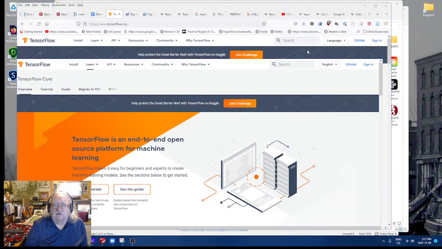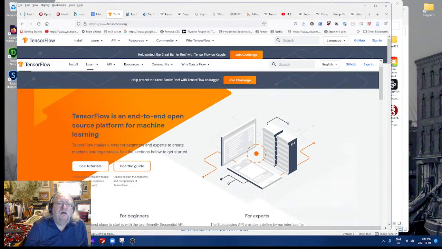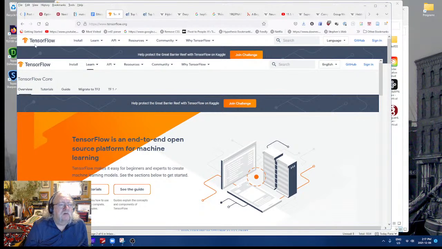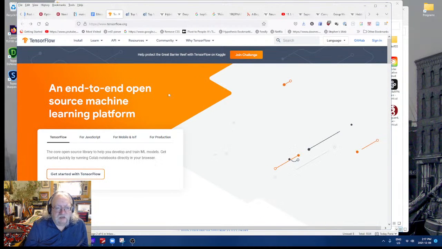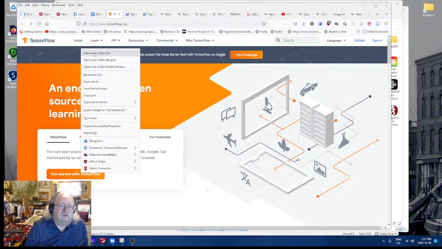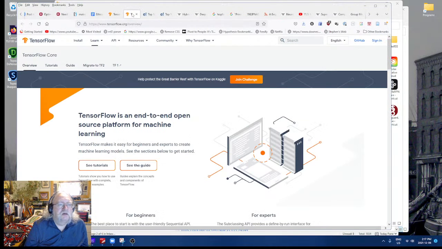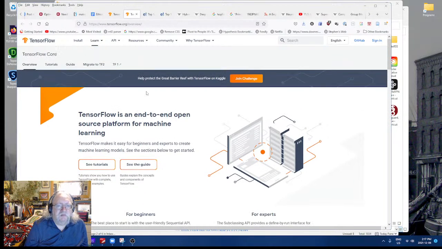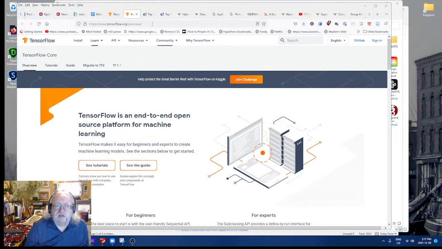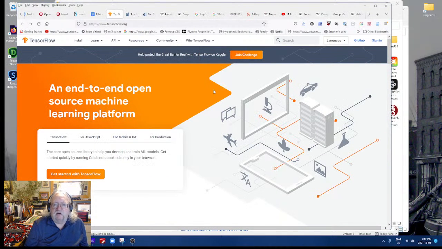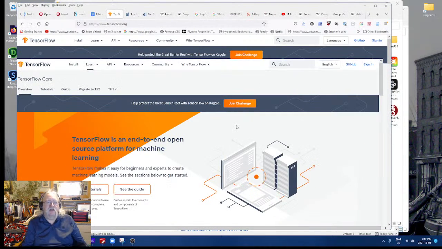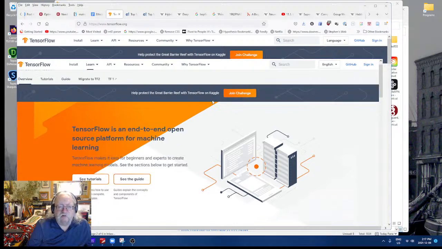I wish I could get rid of that thing up at the top. I'm sure it matters a lot, but this is kind of weird where I am. Oh, how annoying is that already? So maybe let's open this in a new window. Open link in a new tab. Okay, that's maybe a bit better. No, we still got this stupid TensorFlow and Kaggle thing. I don't know how to fix that. That's not the best introduction, is it? We're constantly getting multiple iterations of this.